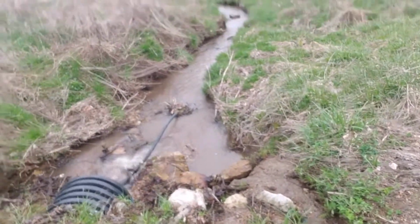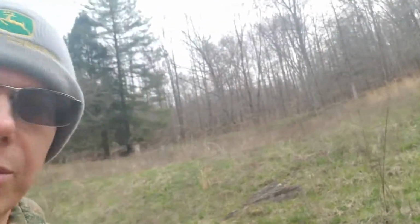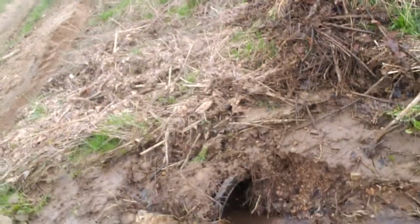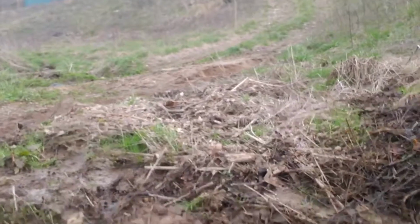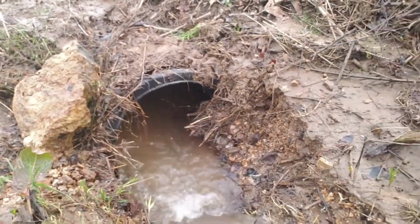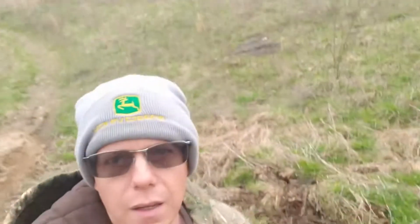So the culvert was stopped up. The water was over the road and couldn't go anywhere. So I worked a few minutes and got the culvert unstopped. So we got that done, and like I said, we're over here today to collect some